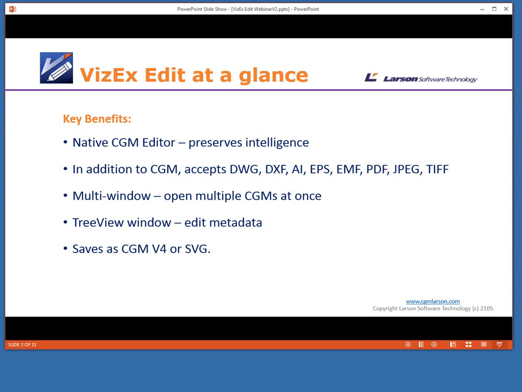And preserving the intelligence we think is important, because if you ever worked with a general purpose editor that can open CGM and you found that your curves and your ellipses all of a sudden turn to a bunch of points, you'll find that quite annoying, and plus it makes it hard to edit, and so that's what I mean by it preserves intelligence. In addition to accepting CGM, it accepts several other formats: CAD files in the form of